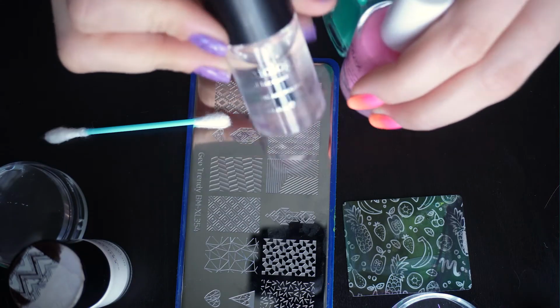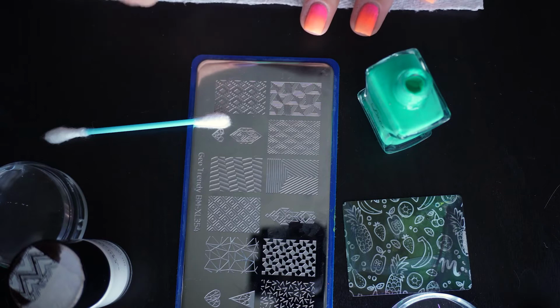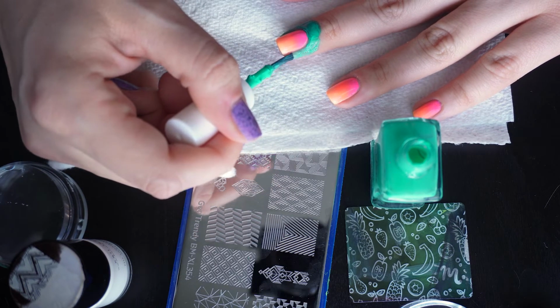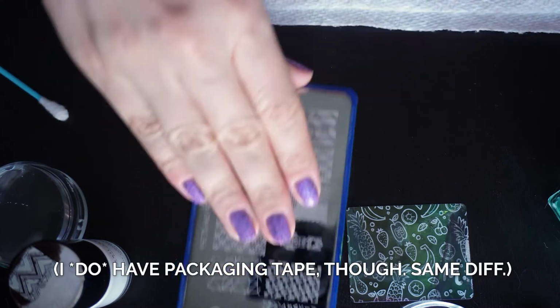What I'm going to do, I'm going to move these to the side because I'm not going to use those. I'm going to use liquid latex just to show you how easy it makes your life. I'll show you one nail with liquid latex and one doing the scotch tape trick, even though I don't think I have scotch tape, but whatever. Okay, so